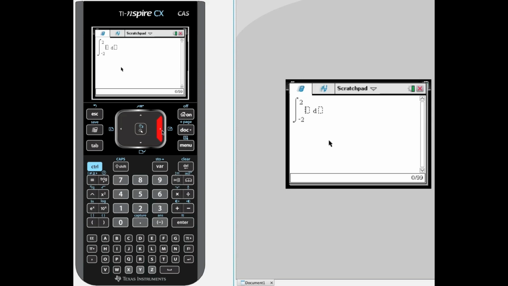Now, again, the linear function was first, which was 4x plus 12, minus, and then the other function has a lot of terms in it, so I'm going to use parentheses. That cubic function was x cubed plus 3x squared. And we're going to integrate that with respect to x. And voila, we have the answer of 32 again.